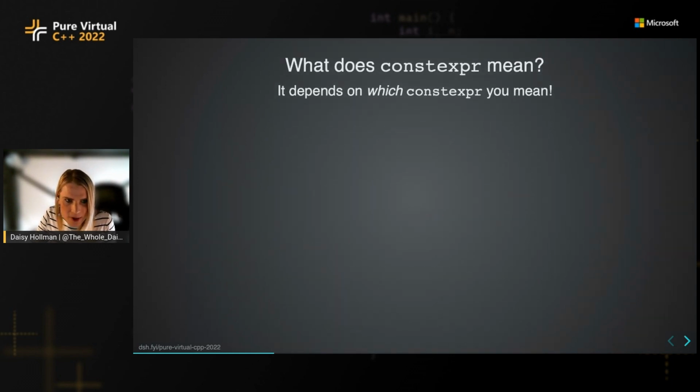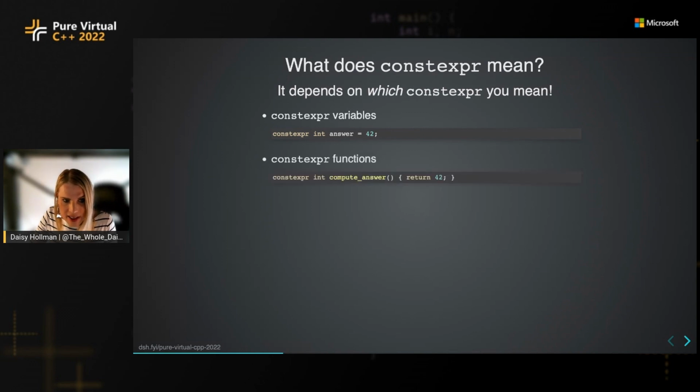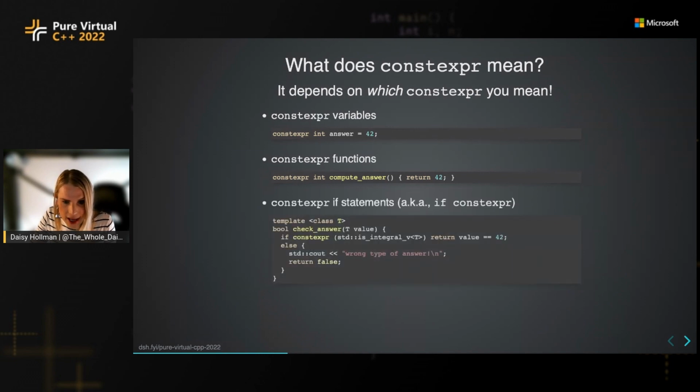So yeah, constexpr depends on which constexpr you mean. We have constexpr variables as one version of that. constexpr functions is another, where we have constexpr in front of the function declarator. And we have, as of C++17, constexpr if statements, which we really should have called if constexpr statements, because that's the syntax. But we're great at naming, so